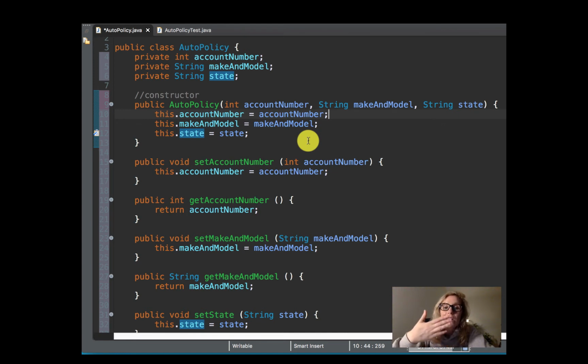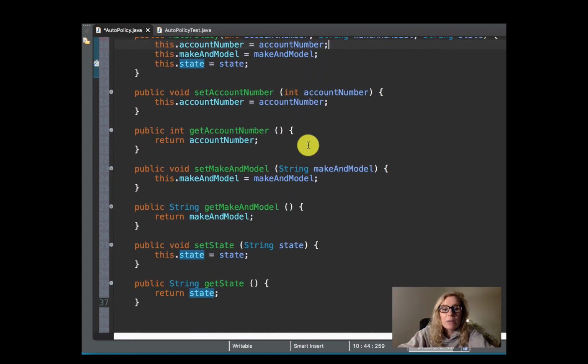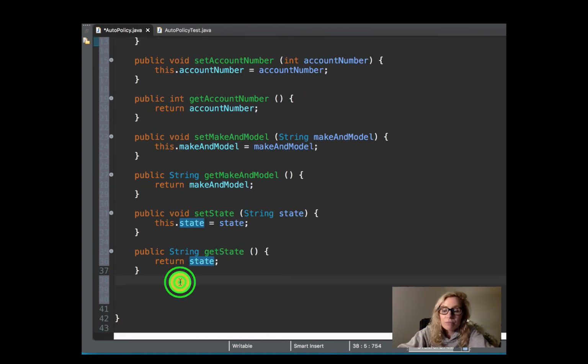As a result, we set and get each of these for the private instance variables, and that's literally just setting and getting it. And then what we're going to do now is create a Boolean return,